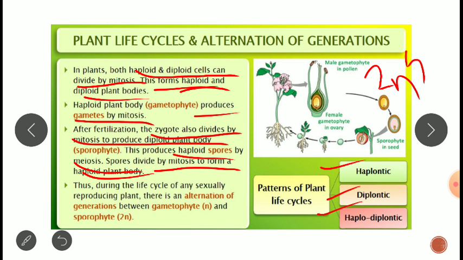So the alternation is going on. Diploid is going to be forming haploid, haploid is forming diploid. And when the haploid and diploid are completing, that will be the complete life cycle. So thus, during the life cycle of any sexually reproducing plant, there is an alternation of generation between gametophyte and